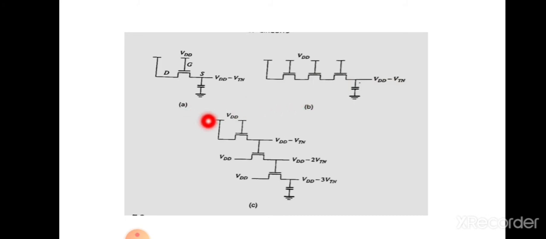And whenever we connect this NMOS transistor in this form, then you can see that here this is the drain terminal. The input given to this drain terminal is VDD and the gate terminal is